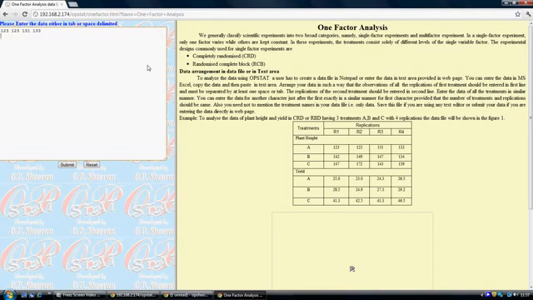Then for second treatment, enter the data 142, 149, 147, 134, and in the similar manner you can enter the data for treatment C: 147, 172, 143, and 139.